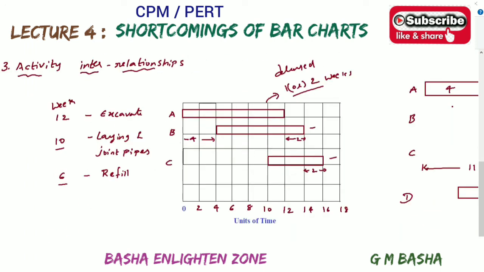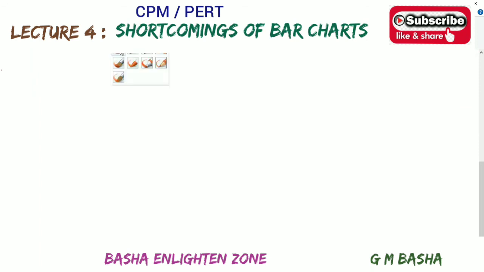Now the fourth one will be uncertainties. So this is the last one, that is time uncertainties. Bar charts are not at all useful in those projects where there are uncertainties in determination or estimation of time required for completion